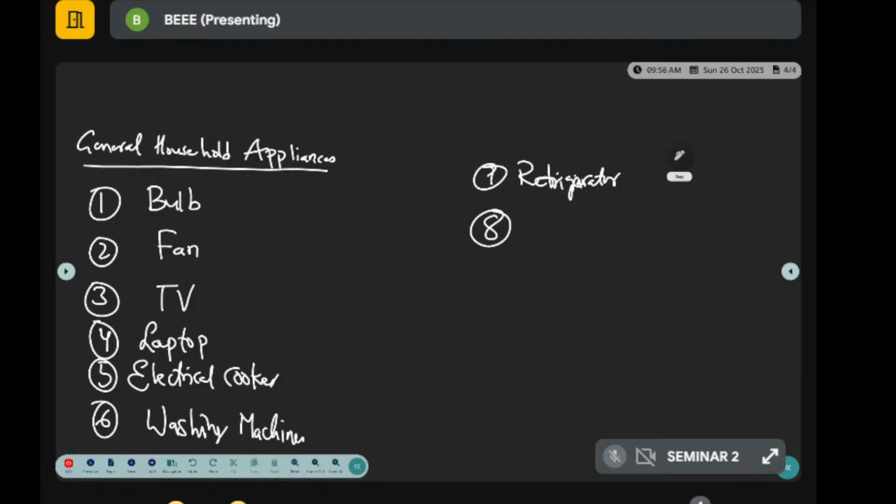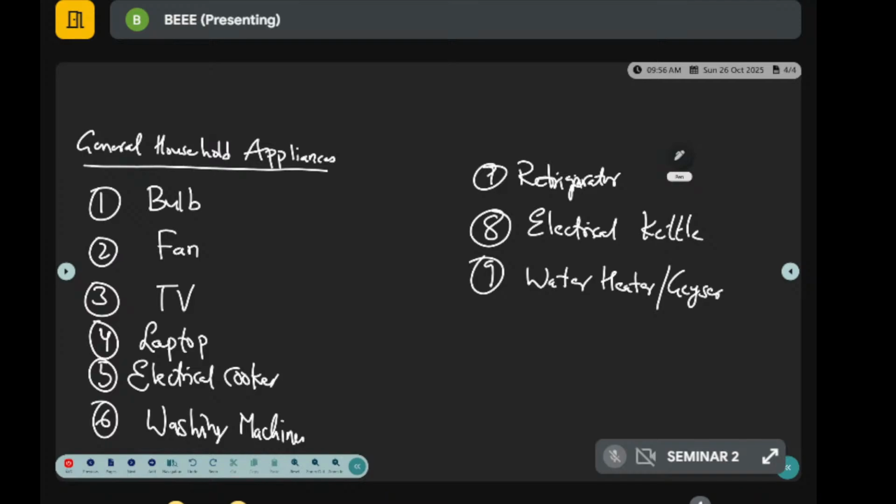refrigerator. Then electrical kettle, water heater, or you may say geyser. These are actually two different things, but come under the same. Then AC. AC is nothing but air conditioner. Then,